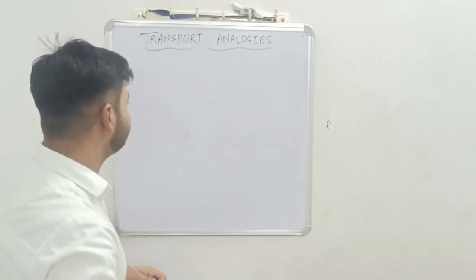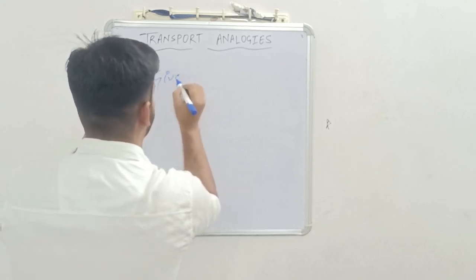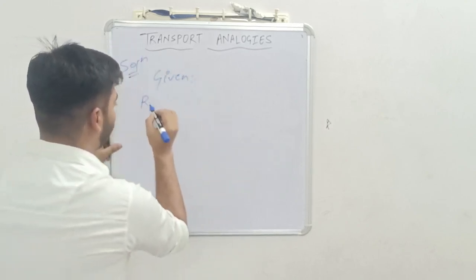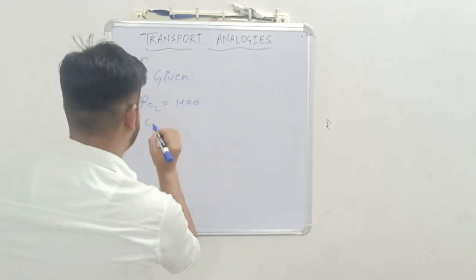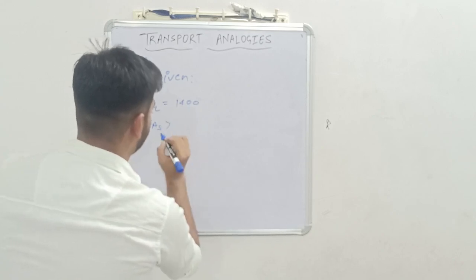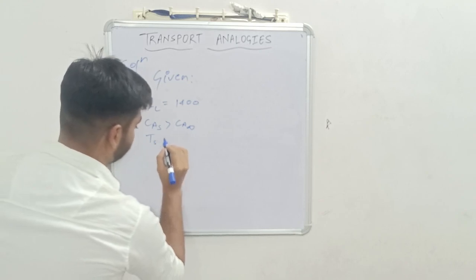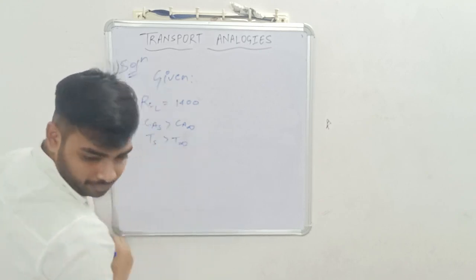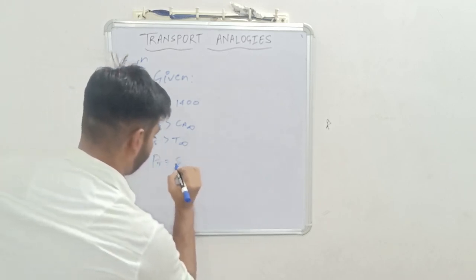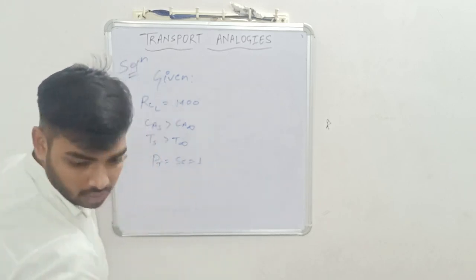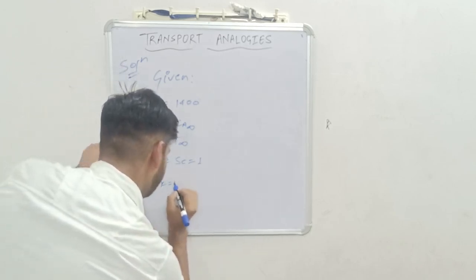So let's start the solution. Given: Reynolds number at x equal to L is 1400, concentration at surface CAS is greater than concentration at bulk, temperature of surface is greater than temperature at bulk, and Prandtl number equal to Schmidt number equal to 1, and at x equal to L,